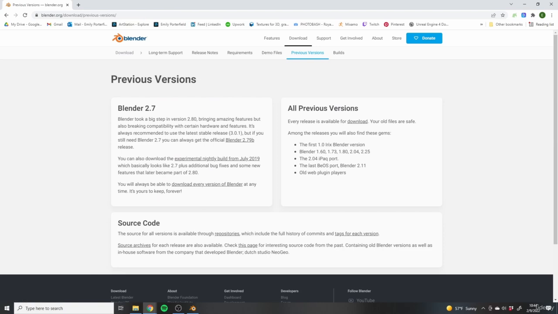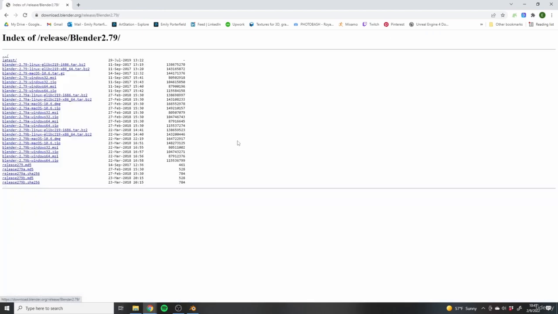Now you'll get this blurb here about how Blender had a major update between 2.7 and 2.8, and with that came a lot of UI changes. So 2.8 is pretty radically different from 2.79, which is why I don't recommend using it, as it won't match really the interface that we're using for this course. But if for whatever reason you wanted 2.79, you can get the official Blender 2.79b release by just clicking here,